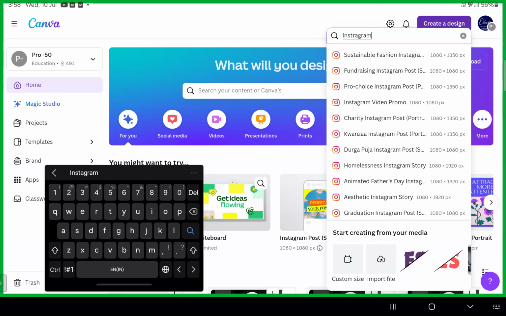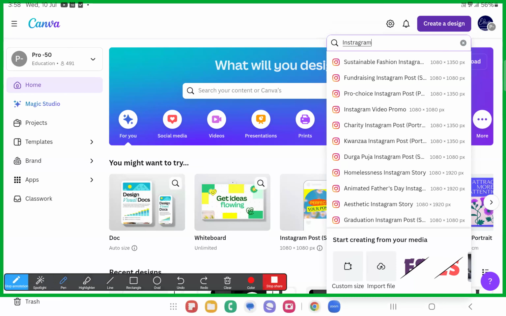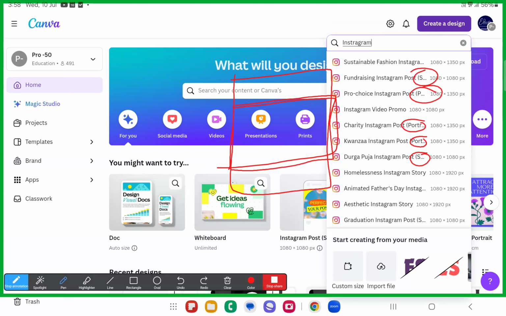One is a portrait post and there's a square post, okay? Remember there is something called a portrait post. It's almost three out of four, and another is a square post. It is 1:1. Okay, so we have it here. See, a portrait, square. You can select anything that goes well with you, square or portrait, whichever you want